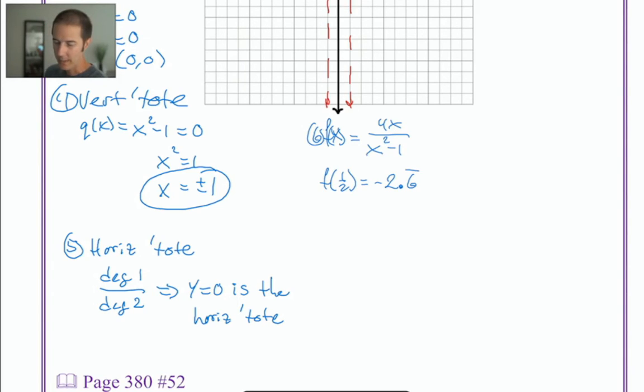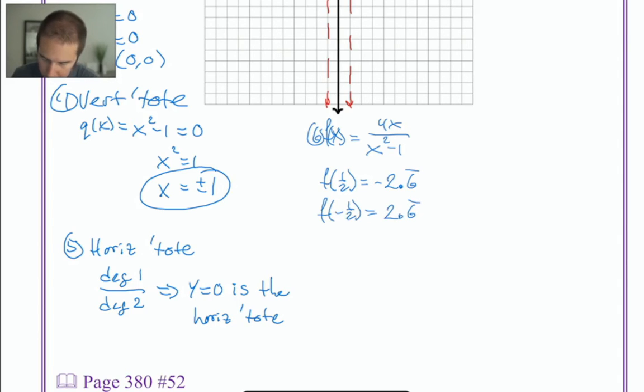Now I'm going to type in a different x value. I'm going to use negative 1/2, so negative 1 divided by 2, store. I'm going to store it in the x variable. Hit enter. On the right-hand side I see negative 0.5, and then I'm going to hit second enter, so that I see my expression of 4x divided by x squared minus 1. I hit enter. It processes that x value through the expression, and I get f of negative 1/2 equals positive